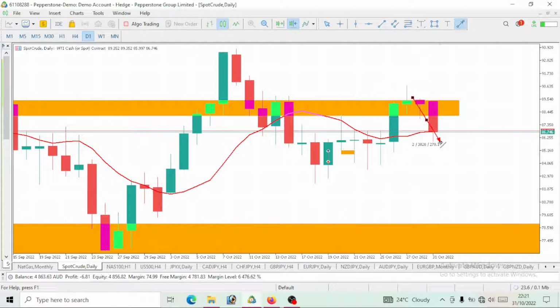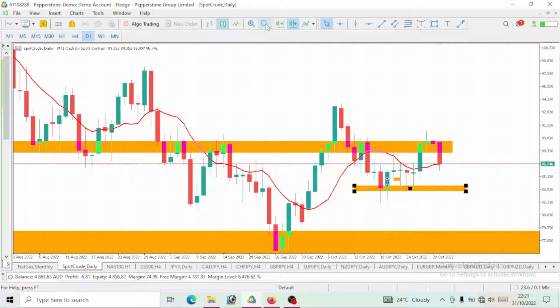So is this drop over? Well, I don't think so, because our USD index is still on a bullish move, right? Until the bullish move on our USD is over, we would continue to see that bearish move on WTI crude oil. So WTI crude oil, I personally still see this as a bearish move. I would want to see it drop to this level of $84. Currently, we are trading at a level of $86 on this WTI crude oil.